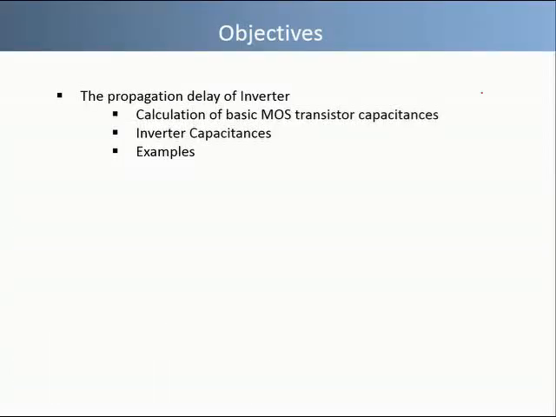In this module, we will discuss the dynamic behavior of CMOS inverter, in particular its propagation delay. The propagation delay is an important parameter of any digital circuit because it gives us information about the maximum operating clock frequency of circuit. The maximum frequency of a circuit is the reciprocal of its propagation delay, where Tp is the propagation delay.